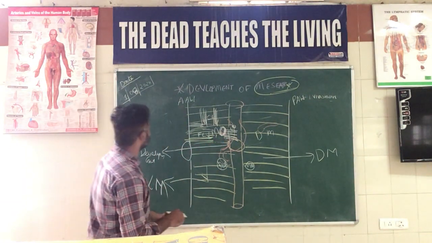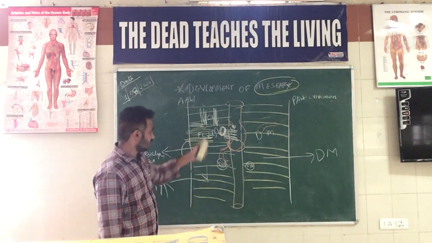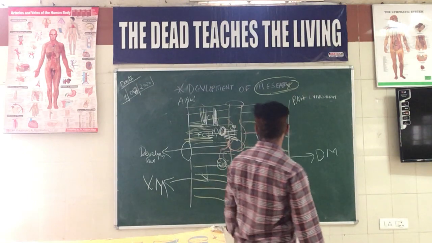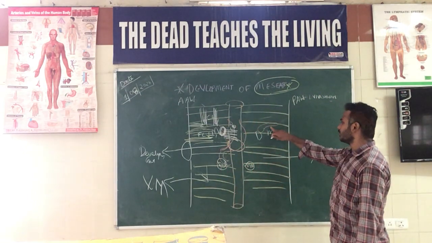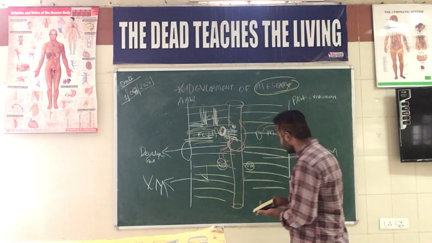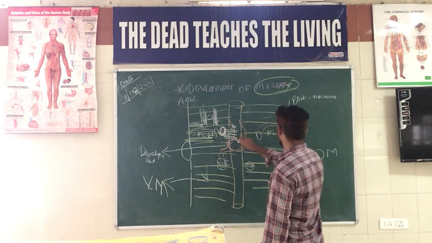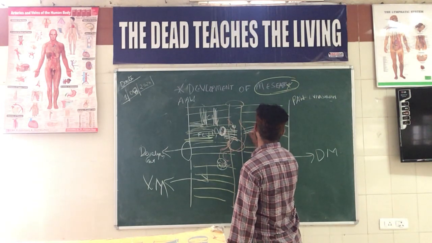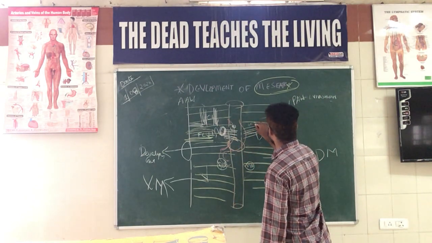So this is about the structures which are derived from the ventral mesogastrium, the ventral mesentery. Coming to the dorsal mesentery, there is the spleen. This is a very important structure, and the part of the peritoneum which is supporting the spleen from the stomach has two parts. One is called the gastrosplenic ligament.